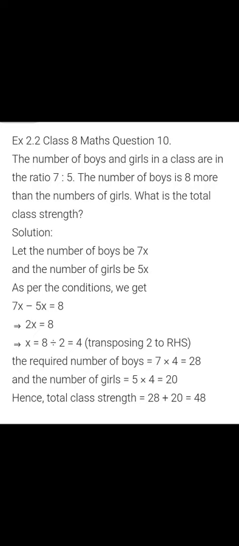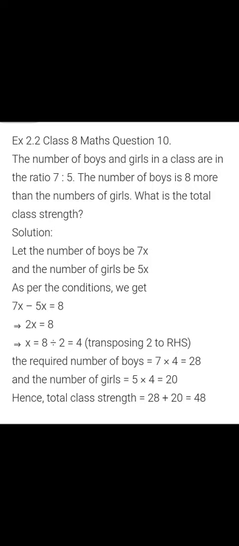So actually the question here, as I told you in the ninth sum, if you have a ratio, then to take out from the ratio, you should include a variable. That variable will be x. Always the unknown value we used to take as x. So number of boys and girls are in the ratio 7:5. Ratio was given. We don't know how many boys are there and how many girls are there. So 7:5 can be written as 7x and 5x.